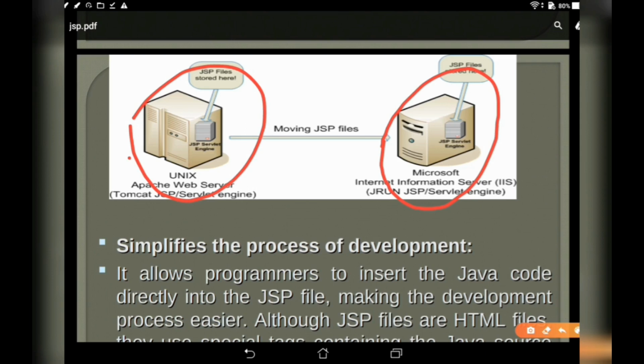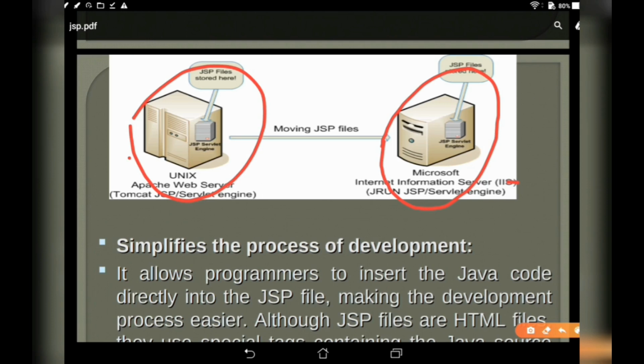The Unix server runs the Apache web server, and the Microsoft server runs IIS, Internet Information Server. Both machines have JSP files stored.